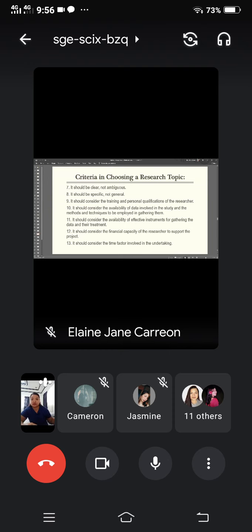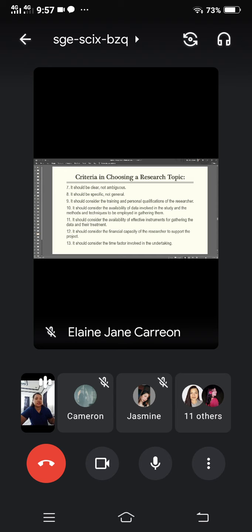It should consider the availability of the data. So, dapat, according to your problem, available yung mga data ninyo. At alam nyo kung sino yung mga respondents nyo. It should consider the financial capacity of the researcher. And one of the most important nowadays is, hindi kayo pwedeng lumabas. You're going to conduct a research, pero hindi kayo pwedeng lumabas. Paano po yan, ma'am? Yun ang sasagutin nyo, dahil kayo ang gagawa.